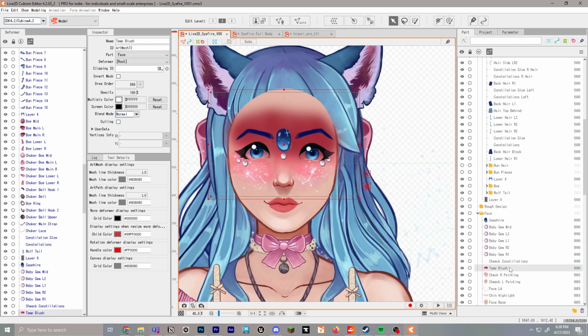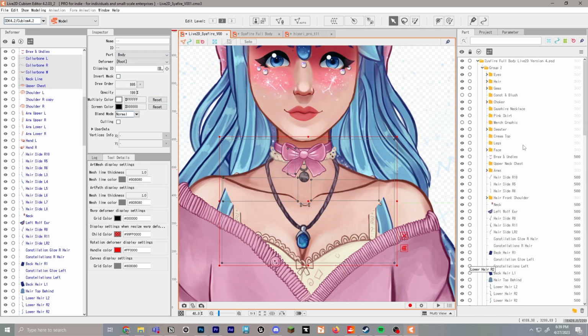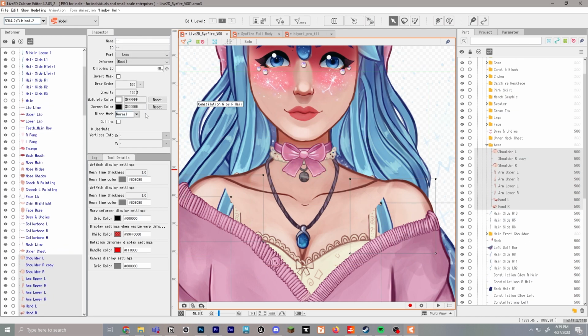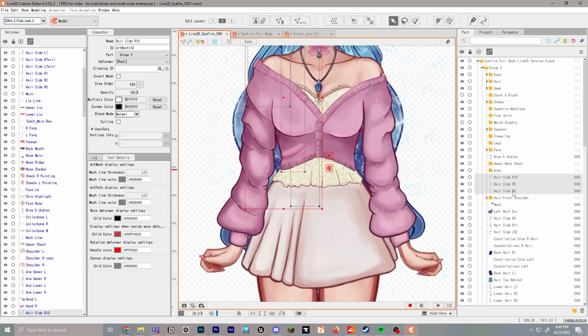And I'm actually going to navigate back to the blush because it's like in her irises, and we're going to go ahead and change that to 985. Okay, perfect. For her collarbone and her upper chest and all that, that's also going to go into the body section. Next, we're going to do the arms, so we'll go ahead and select all these guys and put them into the body as well. Next is going to be hair.